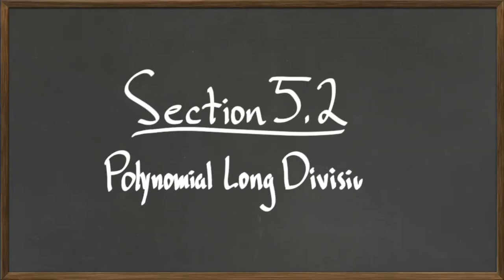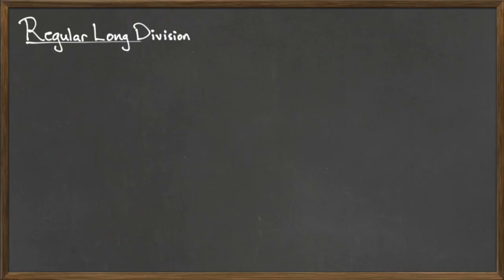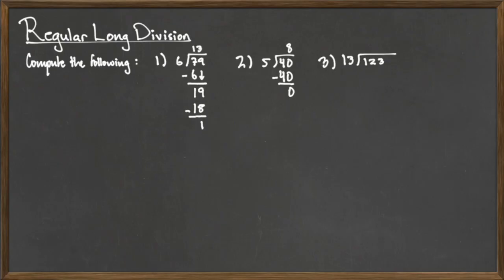Hey everyone, in this video we're going to talk about polynomial long division. So recall regular long division with numbers. I'll go ahead and display a few examples, and if you need to pause the video to refresh how this process works, please do so. But we can divide numbers like 16 into 79, 5 into 40, and 13 into 1234 by using long division,